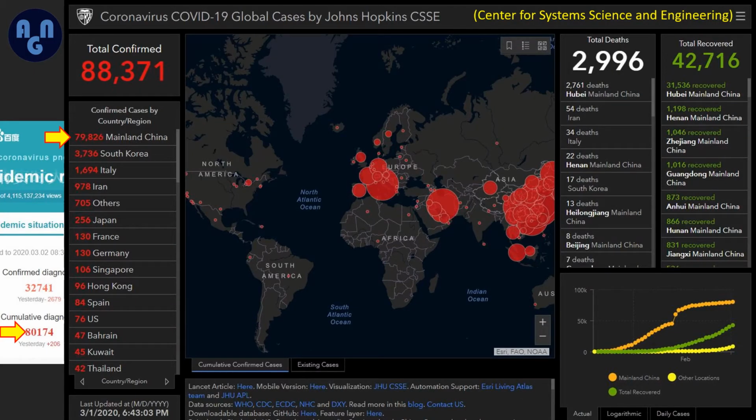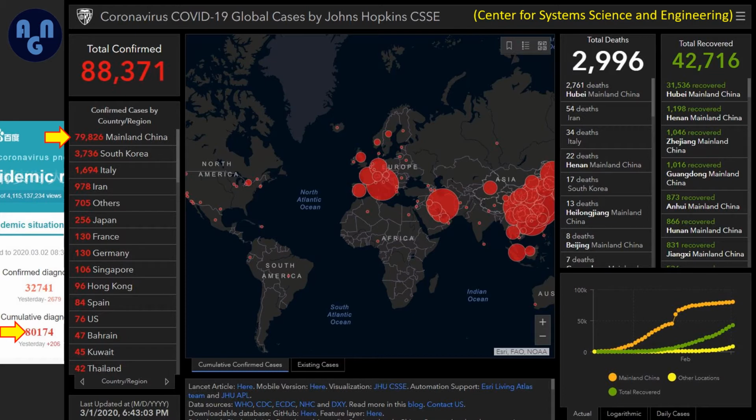So that's it for what's going on in China. Now I use this Johns Hopkins research institute, the Center for Systems Science and Engineering, probably the university, not the hospital. And I use this every day because this is a really good global tracker for the rest of the world, and China. So the first thing I take a look at here is China's most recent figure, 80,174 cases, compared